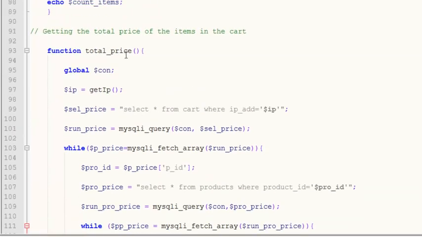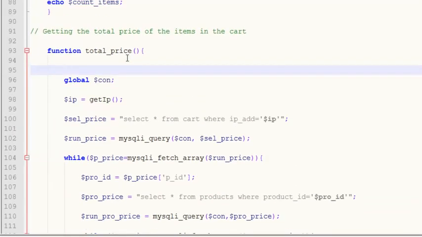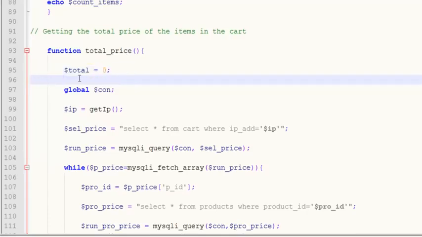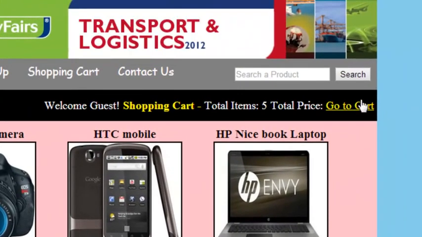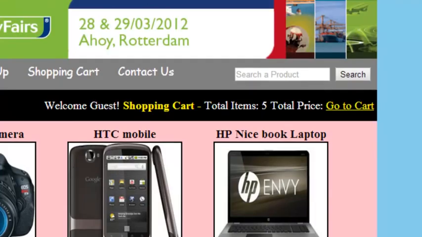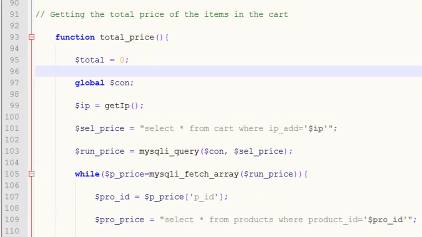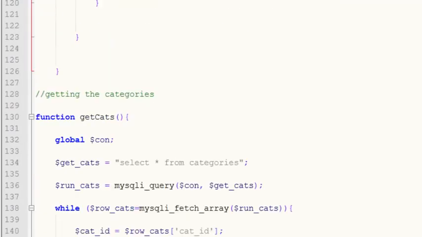We will have to create a local variable total, which will be equal to 0. We will give a 0 value to the total variable because if we show this variable and it does not have anything to show, then it can give us an error. Therefore, our price will start from 0, and after that we have